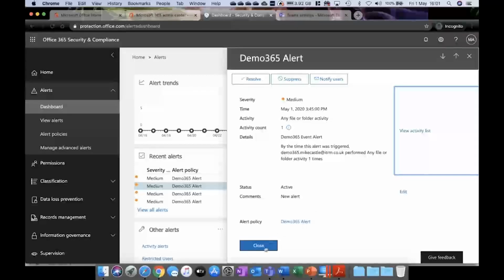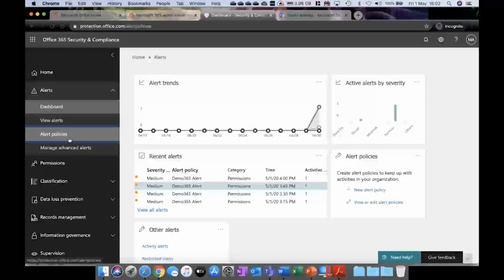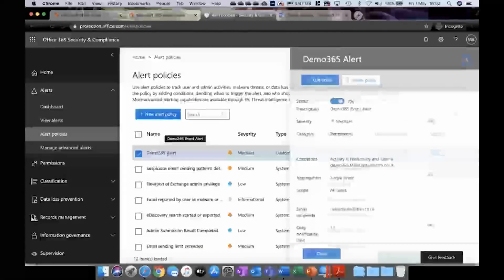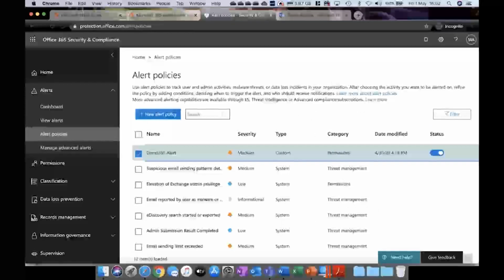Other things you can do is filter it based on IP. So you might not care who's accessing it from internally. If they're in your office, obviously in current times that's unlikely and it's all going to be remote. But what that would mean is that you could filter out, you don't mind who accesses it from your office IP range, but anything external would be monitored. Those policies are quite straightforward. Here's the one that I created. It monitors any activity, so it's quite easy.